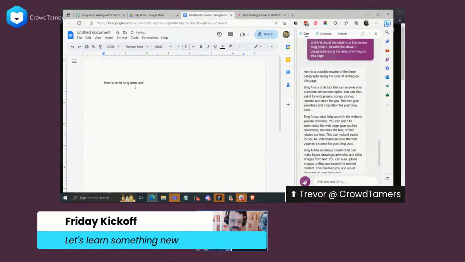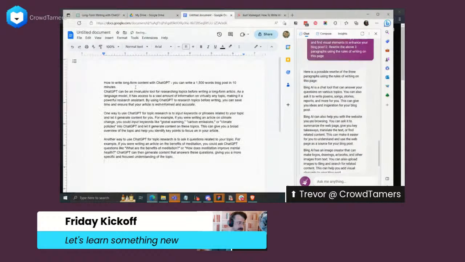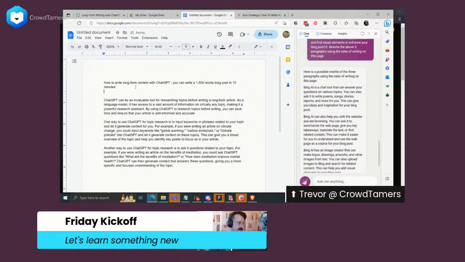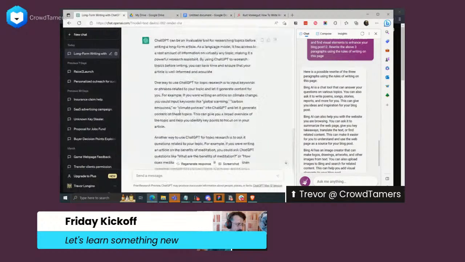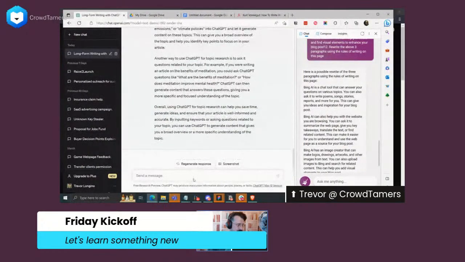how to write long form content with ChatGPT. You can write a 1,500 word blog post in 10 minutes. So, all right. And then I can also ask it to summarize. How many bullet points are there? Summarize the 5 steps. I can say, summarize the 5 steps to create